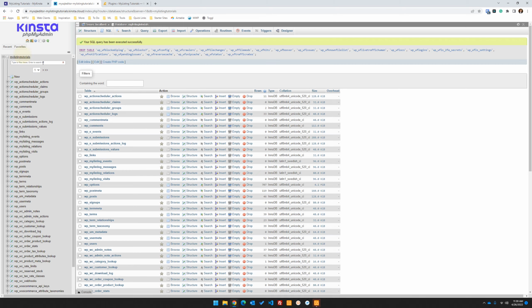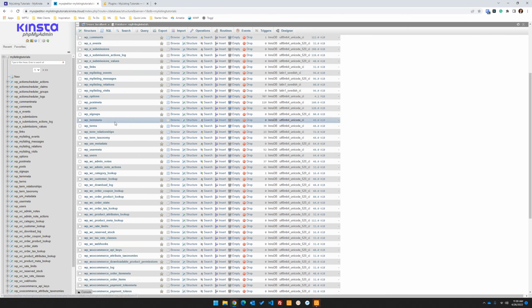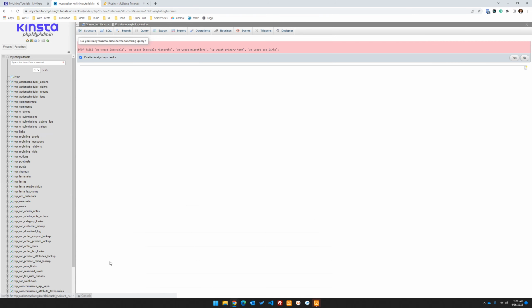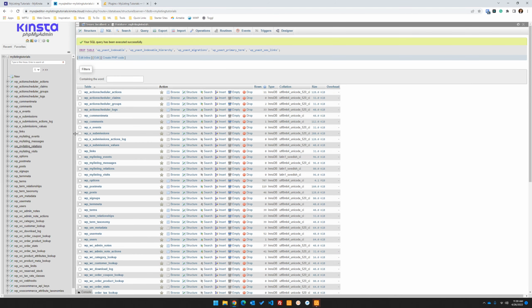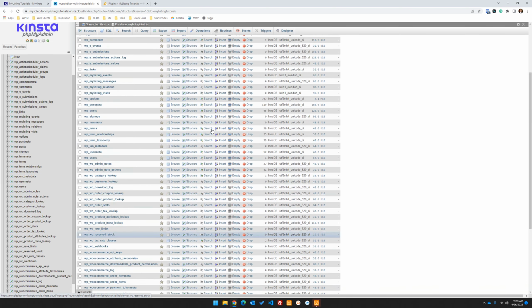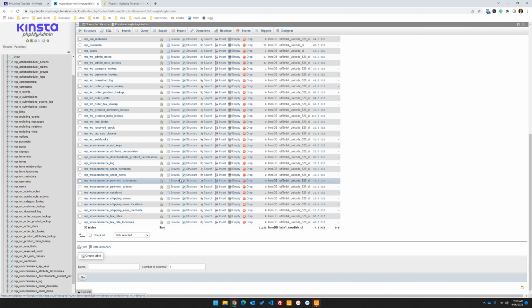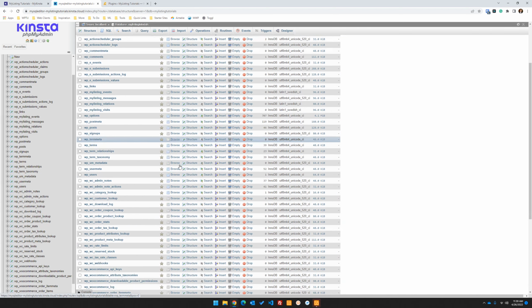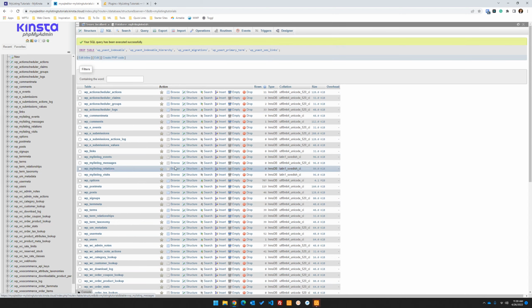All right, so back at the root of our database here, let's keep on going down through here. The last one here is Yoast. So we're just going to get rid of these. I think it looks good. I don't even think we need to assume it's clean. I think we've got rid of all of the plugin offenders that don't clean up after themselves. So we'll go with that. Okay, so the next piece